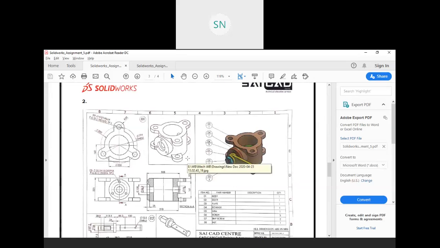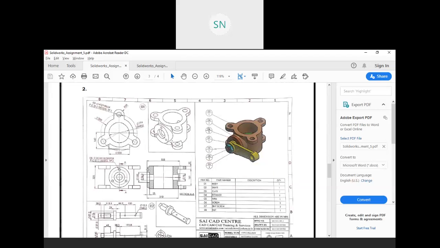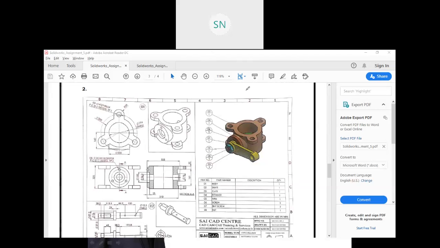Then next we have some of the parts here. See here also you have a circular pattern on the top. Then you can use mirror to create this bottom. Also a circular pattern over here. So these are the examples of circular pattern. And also revolve feature.